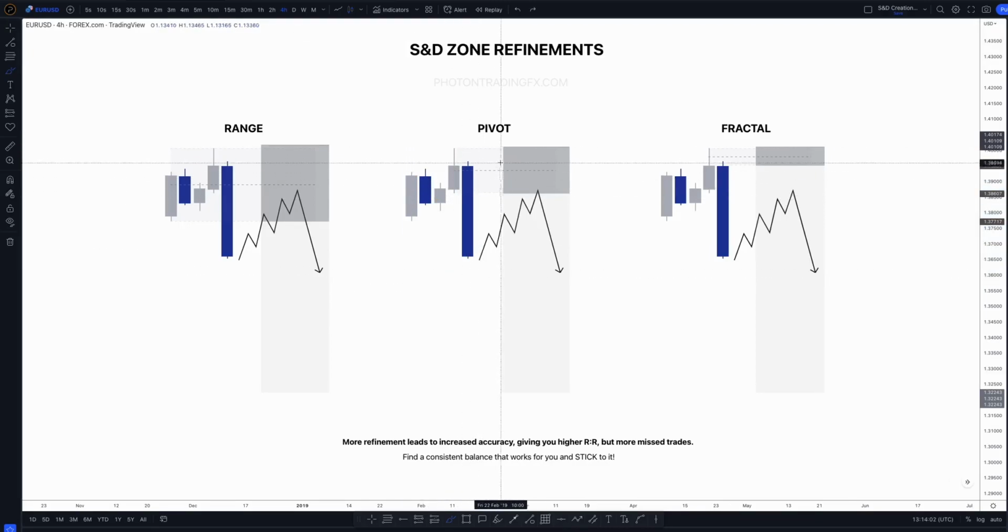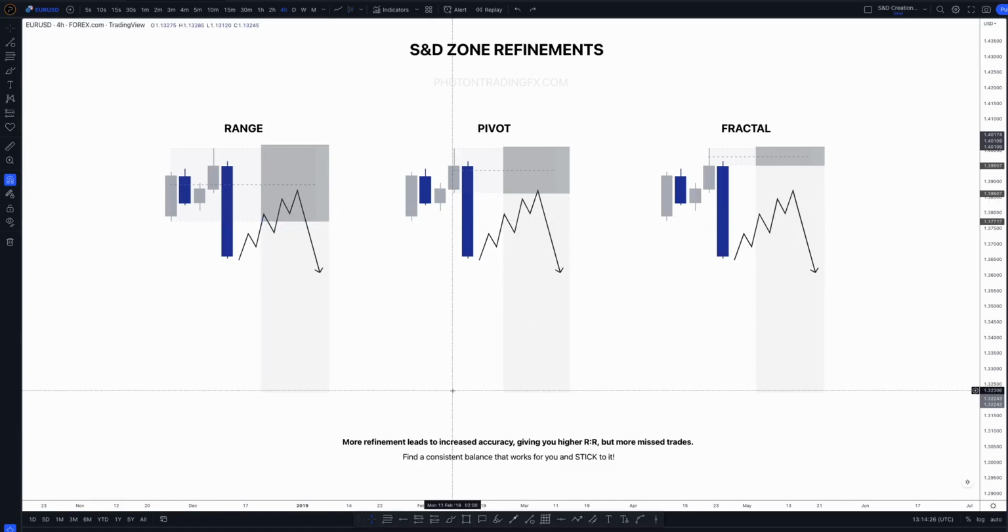And in this case, I've refined it to the single candle pivot zone. Now, this type of zone, how I've drawn it like this to the single candle, this is probably what 95 to 99% of the time I'm refining my zones to, and especially with my entries. At the moment, at the time of recording, I like to enter on the single candle pivot zone, right? I don't like to refine it more than that, and I don't like to enter on big ranges